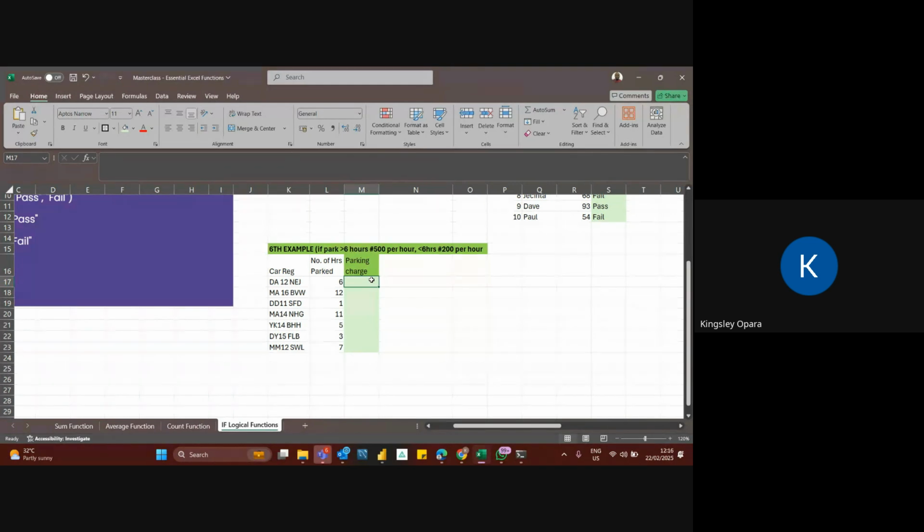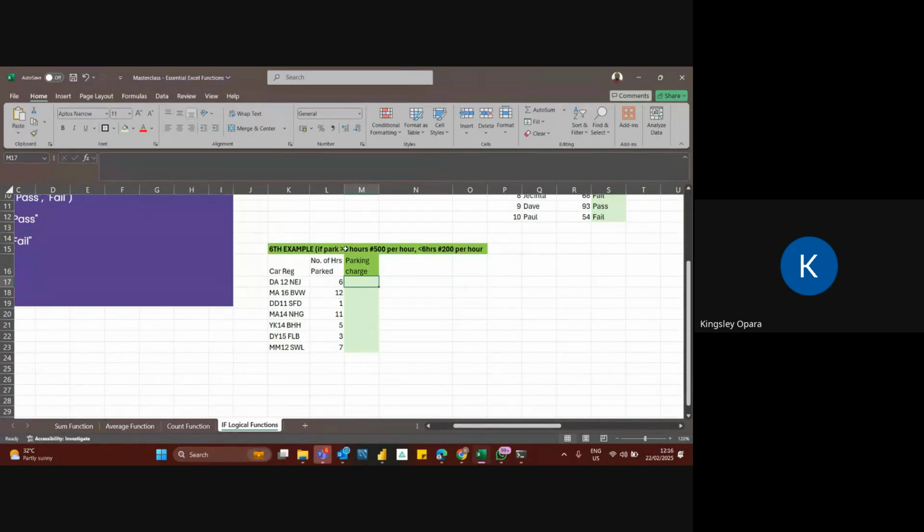We don't want to use a calculator. This is a car parking lot now. You are the person in charge, taking note of all the vehicles that are coming to park in that parking lot. And you have a standard rate of 500 naira per hour for any car that has been parked for over 6 hours.